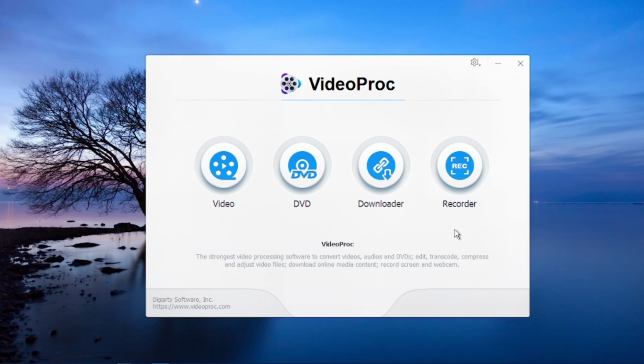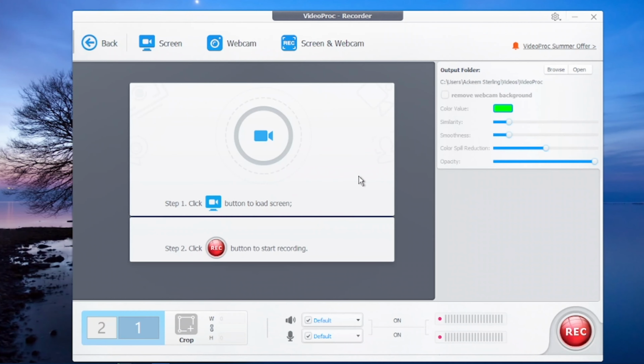Now the next feature that I want to talk about is one of the most important features if you are a gamer or if you are a person who wants to just showcase your screen, doing some screen recording for some tutorials and those things. This is one of the software that you can use to do some screen recording, and this is basically great for recording screen. So what you can do is to click on this right here,